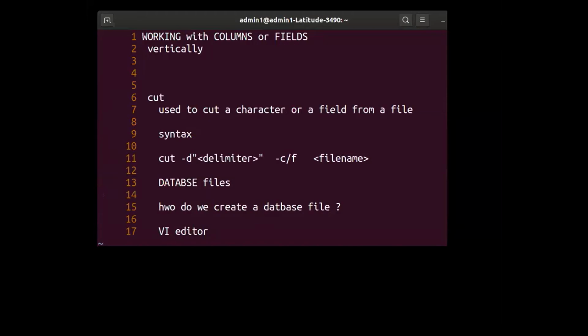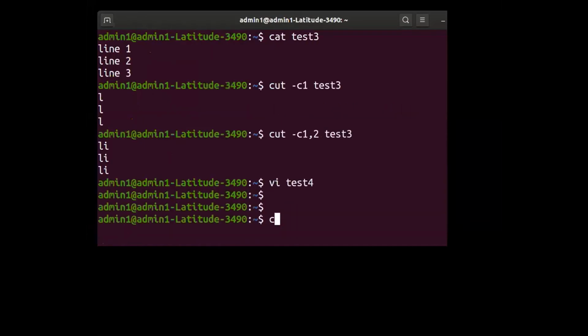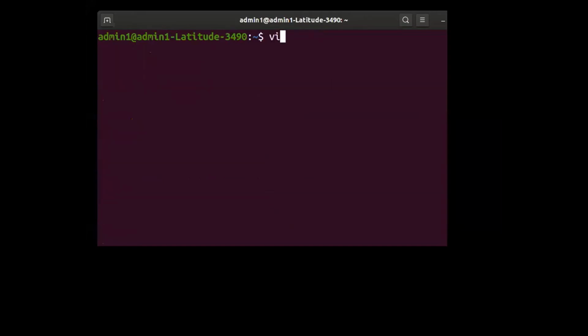As usual, you'll be placed in command mode and then you have to go into insert mode. So I'm going to create a database file, and I will call that database file class 5A. Just make a note.